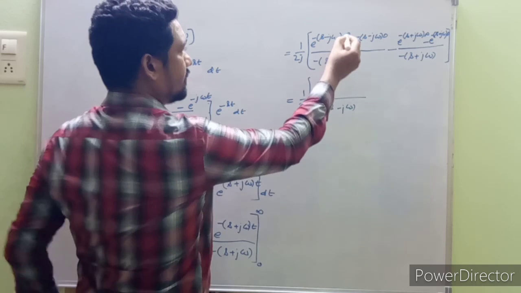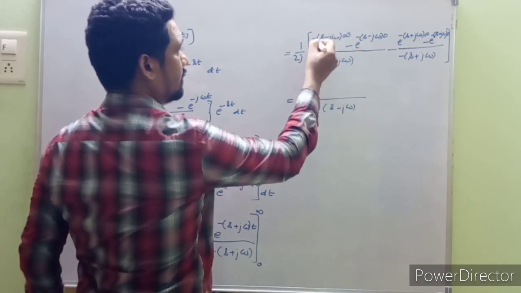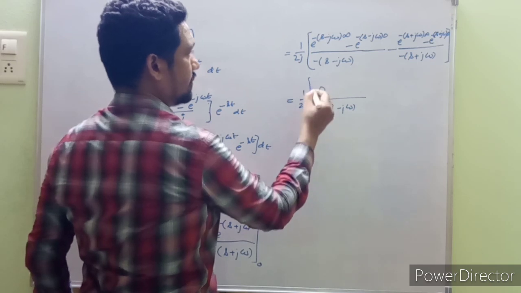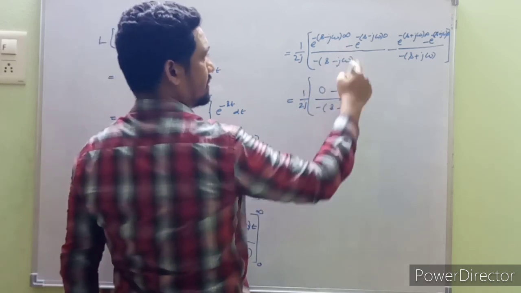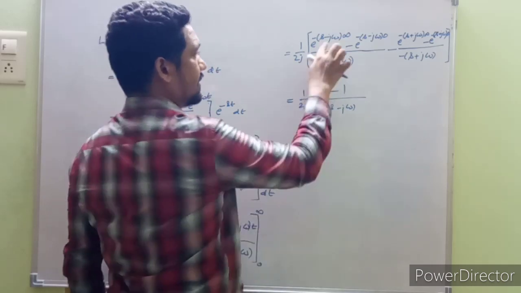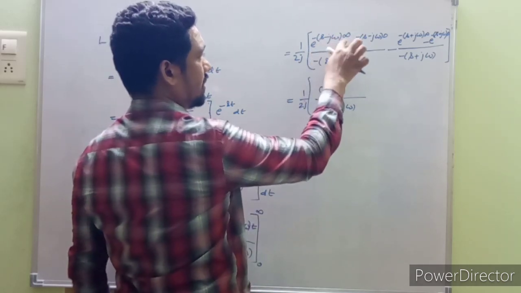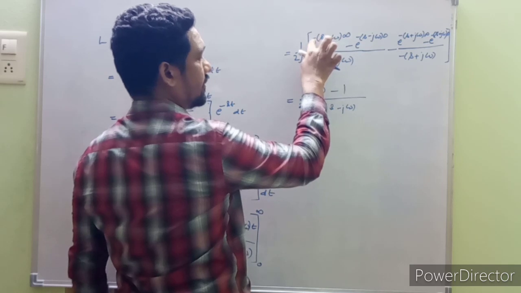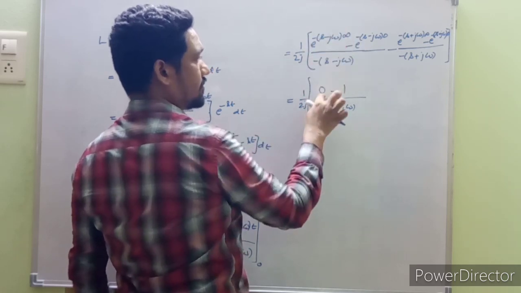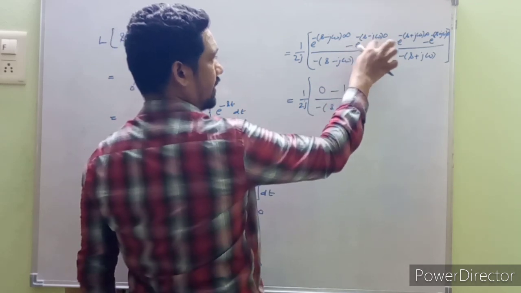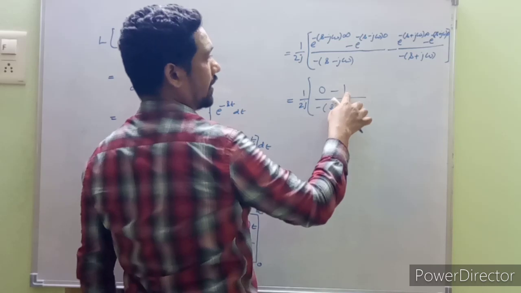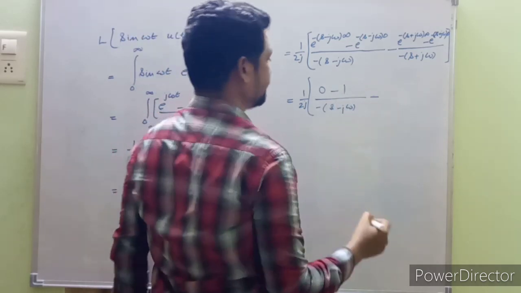So this entire term will be minus infinity, e raised to minus infinity, that results to 0, and this one, negative as it is, e raised to 0, that will be 1. This entire term is multiplied with infinity and we have a negative over here, so this will be negative infinity, e raised to minus infinity, that will be 0, and this entire term is multiplied with 0 and that will be 0, e raised to 0 will be 1, and we have a negative over here.